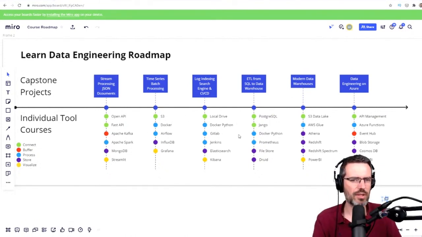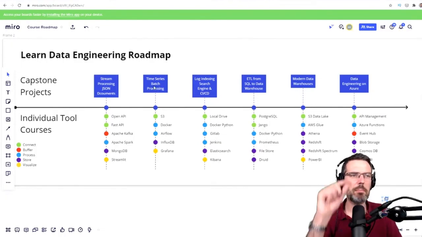You select what you're interested in, or the even better way is that you do some research. Basically, what is in the job descriptions around me? If you're searching for a job, what is in the job descriptions? What should I learn? And this should then determine what you'll look into.